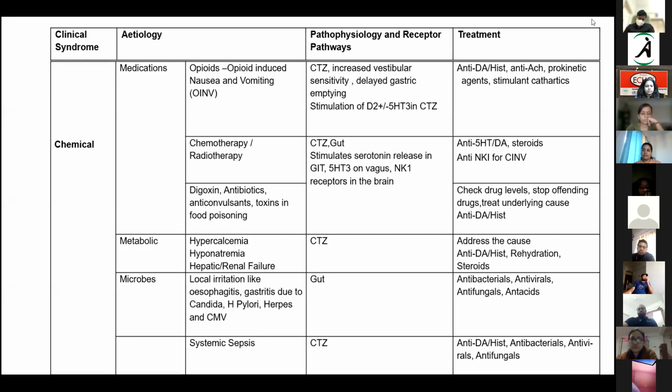Sometimes you need to rotate an opioid. Say the patient has severe intolerance to tapentadol, tramadol, or morphine. You might have to rotate to fentanyl for some period of time so that you can let that symptom effect reduce, and then probably go back again to morphine if it is feasible to give. Chemotherapy and radiotherapy-induced nausea is mainly through the 5-HT3, NK1, and CTZ receptors. Accordingly, you will choose the appropriate antiemetic on the basis of this.